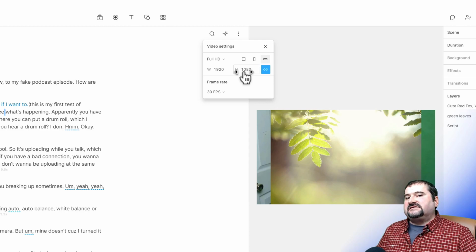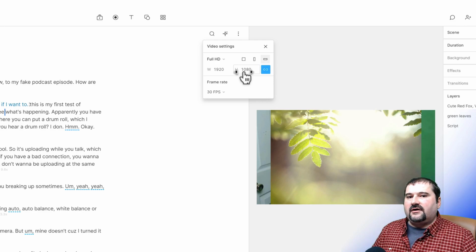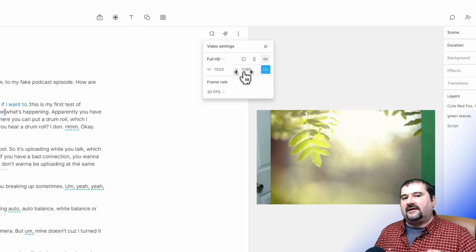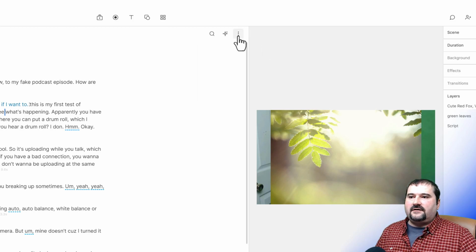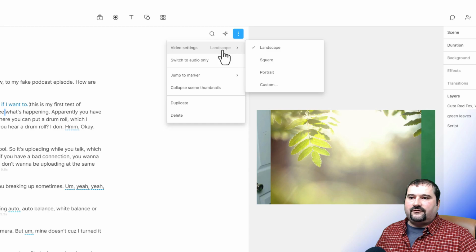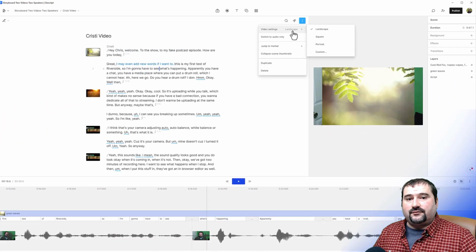However, the pixel size isn't really relevant here, because when you export your composition, you get to choose the resolution there anyway. So to be honest, only the aspect ratio matters. The resolution can be affected at the time of the export. And there's your frame rate change. So there are all the controls here for changing the aspect ratio and resolution for your project.